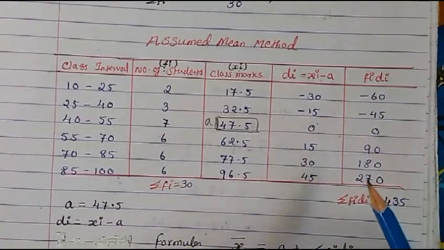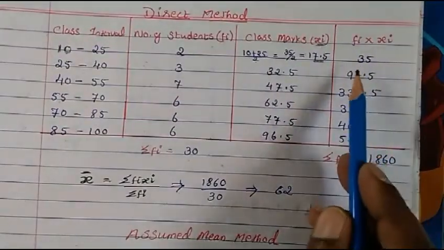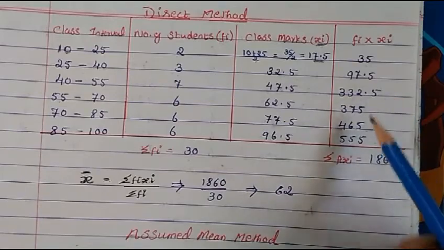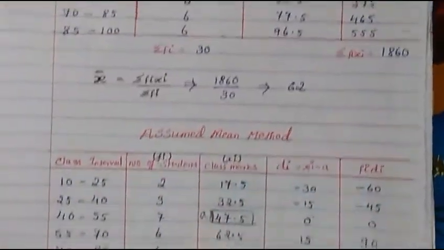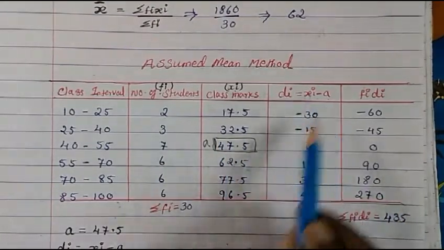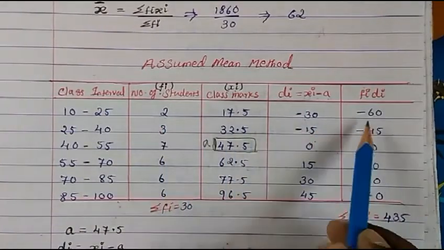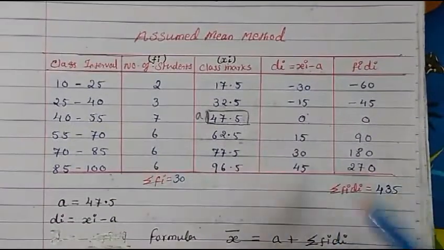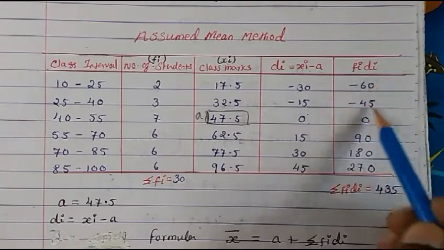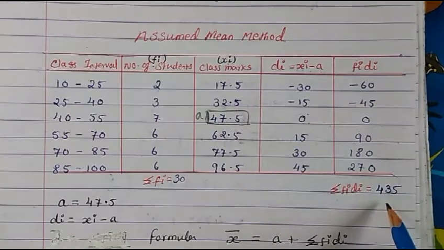So comparing to now the direct method, this is your direct method where I showed you. You see the numbers are so big. So you have to calculate up to this much. So there is a chance of making mistakes. Whereas in the assumed mean method, you see now the total is still lesser because the number has become still smaller. So when we multiply both Fi and Di, then we will get, and then you can calculate. So this is minus 60, 40, 100, 105. So 105 in negative, and this is in positive. So from there if you subtract this, we will get 435.